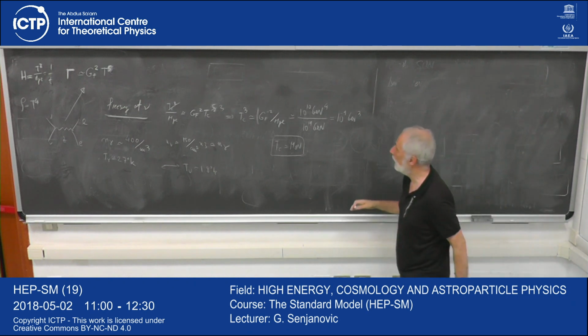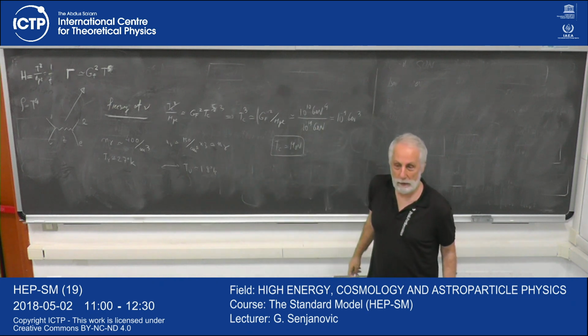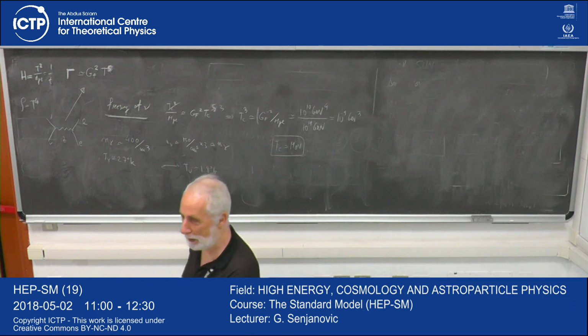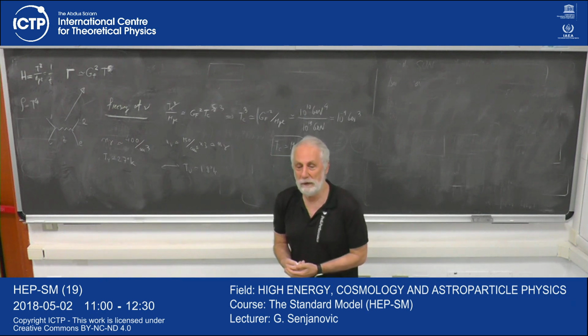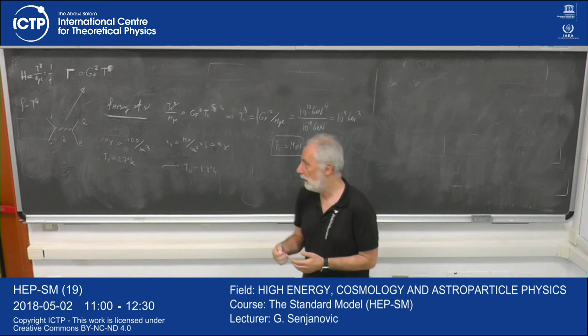So I know the number of neutrinos in the universe. The only other thing I have to know is, are they the dark matter or not? How would you and I decide whether they are the dark matter of the universe? Well, how much matter is there in the universe? How to remember that? 25%.